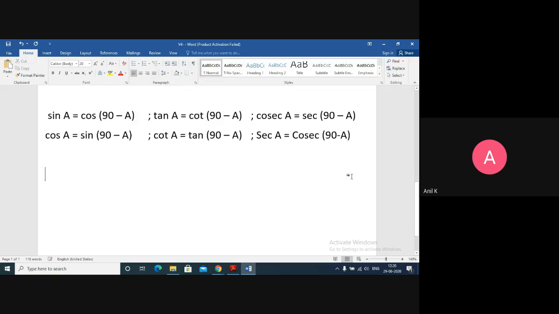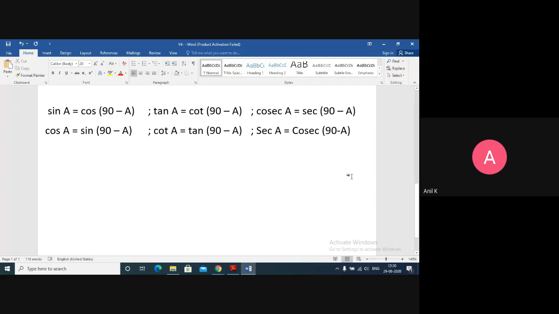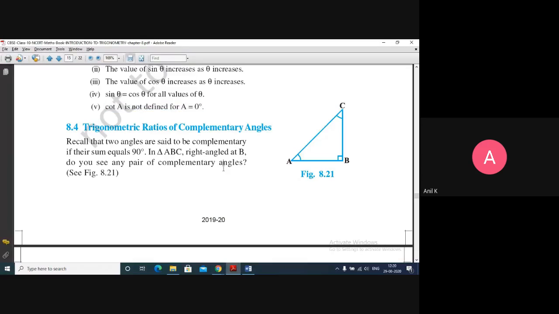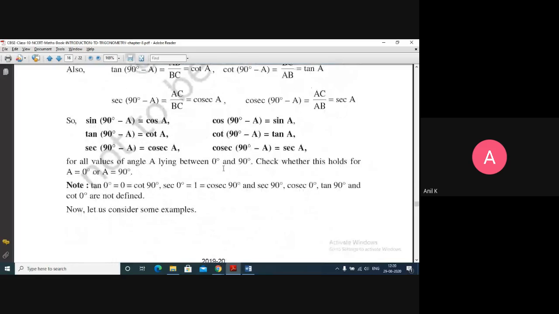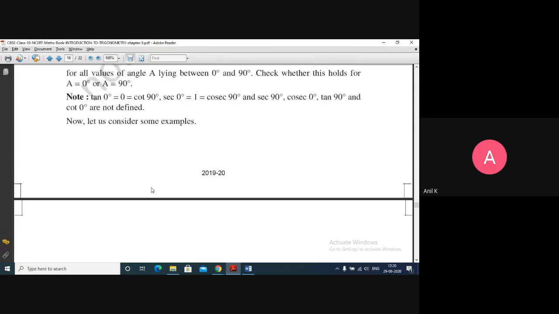So can you remember all the 6 formulas? Yesterday we had the tabular form, around 5 into 6, 30 values. Today we have 6 formulas, 36. Still a few more are to come. So take examples of how to solve these questions and on what criteria we solve them. These are the main 6 formulas we discussed. Sin 90 minus A is cos A, cos 90 minus A is sin A, tan 90 minus A is cot A, cot 90 minus A is tan A.